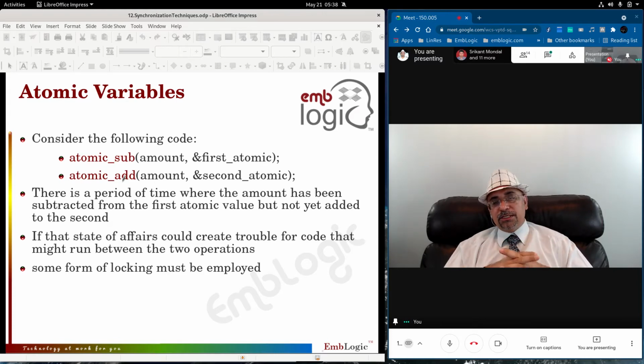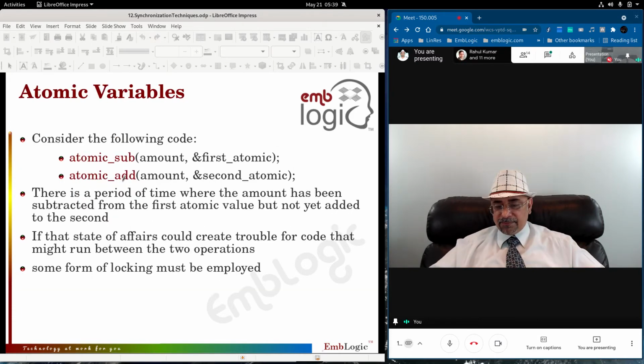So what I'm trying to say is, we are making variables atomic, that's fine, but we are not making them secure. We are not making them synchronized. We are making them atomic, but we'll still need to synchronize access to them. The first atomic variable or the second atomic variable could be shared variables, and the code attempting to manipulate these could be a critical region. So you have to use a semaphore or spin lock or completion or blocking IO, whatever, to secure the data in this.